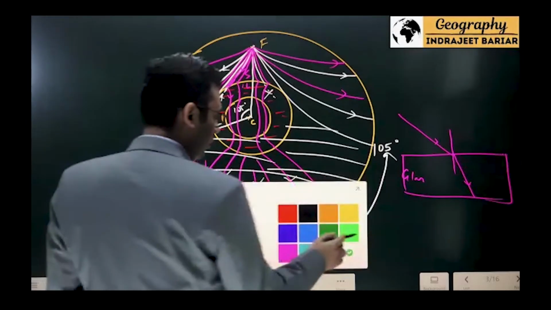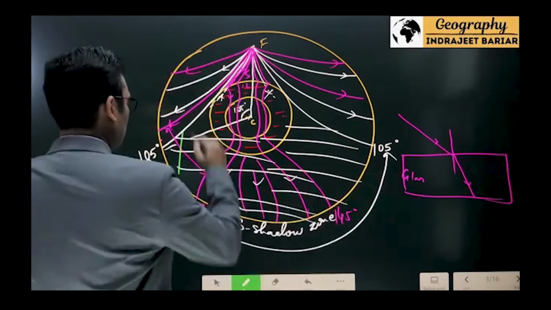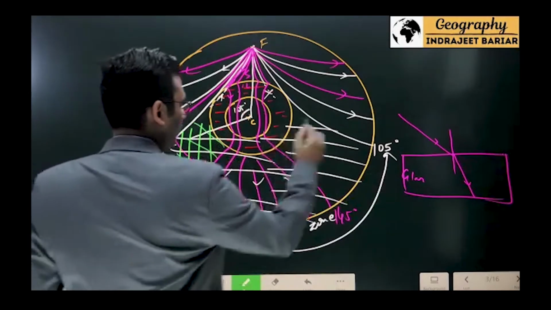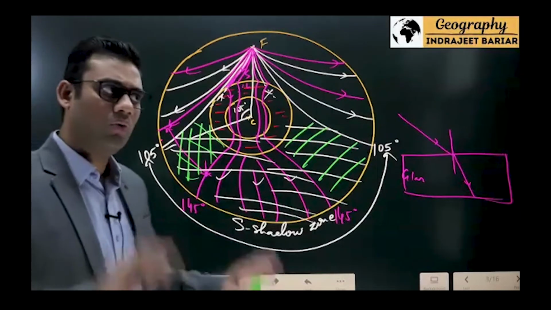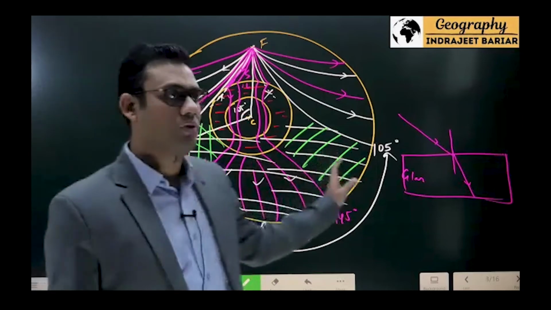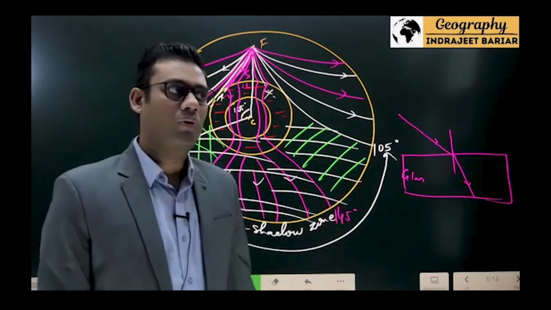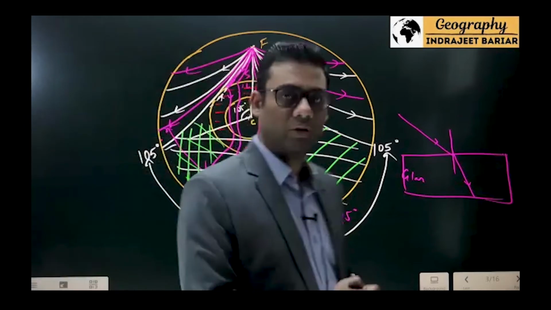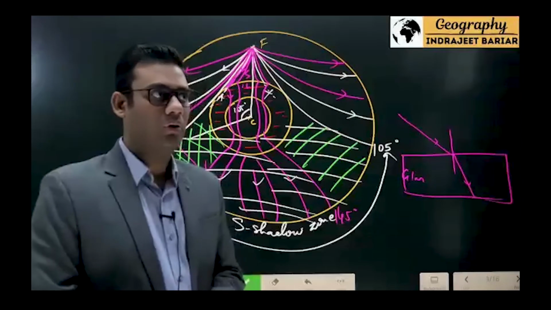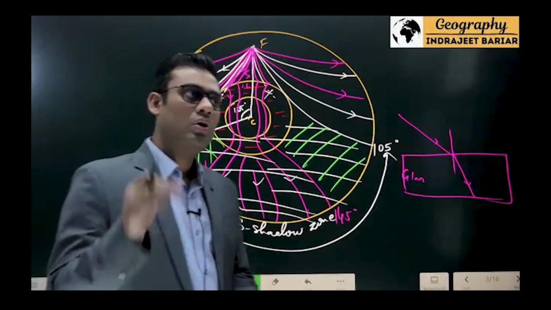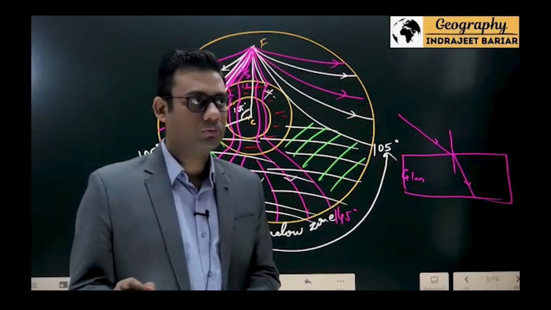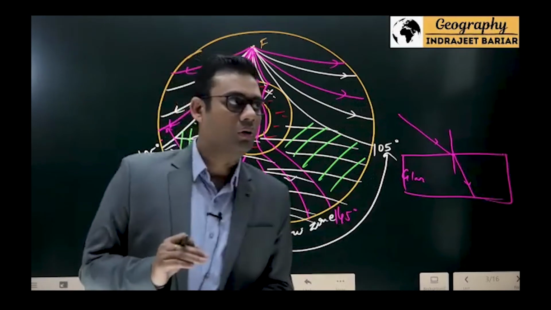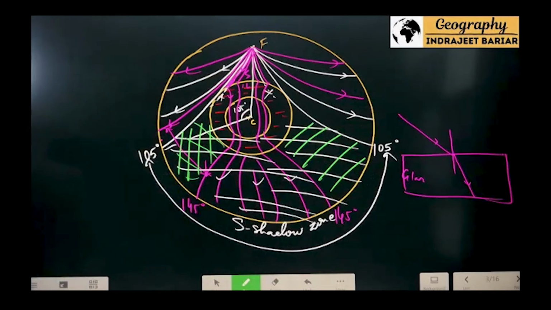I'm getting P waves, so I cannot call it the absolute shadow zone. But if I talk about the P shadow zone, this is the P shadow zone. Are you getting any waves over here, P or S? No, none. Neither P waves nor S waves are being received over here. So which one, the P shadow zone or the S shadow zone, should I call the absolute shadow zone? The P shadow zone. This is a fact that you have to know. The P shadow zone would be the absolute shadow zone. Note down in your running notes: the P shadow zone is the absolute shadow zone.